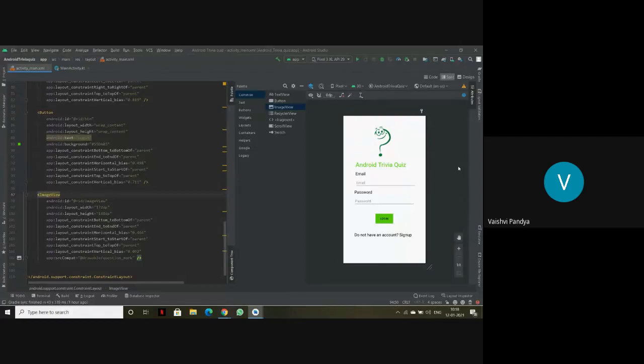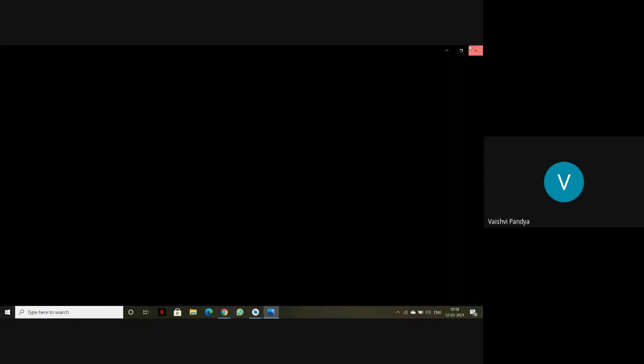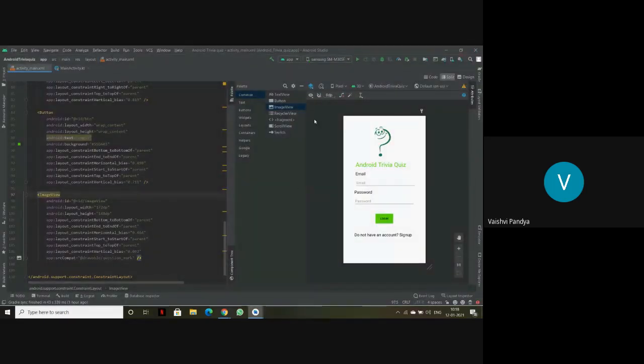We can run the first page and see how it looks. I will again use Visor. As you can see here, the Gradle build is running.